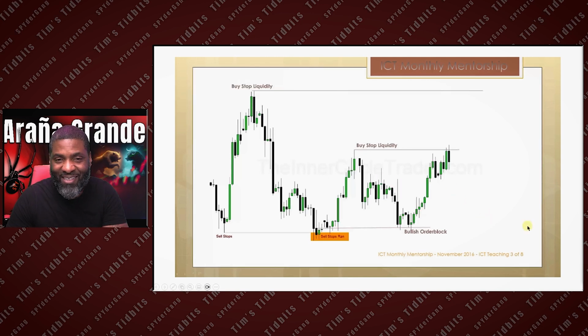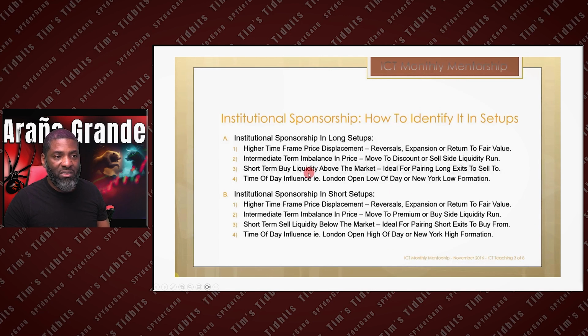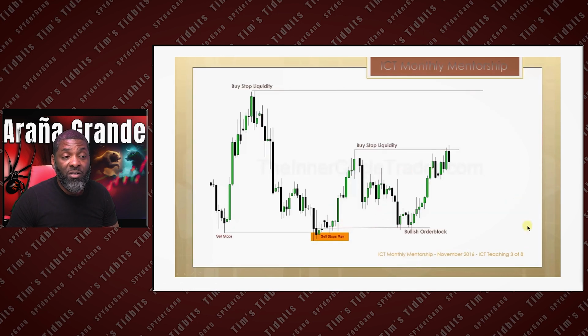And just like that, we move back up. And once we take the new buy stops, the institutional sponsorship is letting you know that, hey, it may be safe to continue up to this. Why? Because we've moved up to what? Equilibrium. Right there. Equilibrium is what? Fair value. Fair value? I saw that before. I saw it where? Back here. When it said when price returns to fair value. Higher time frame displacement or return to fair value. We've returned to equilibrium and we're at fair value.